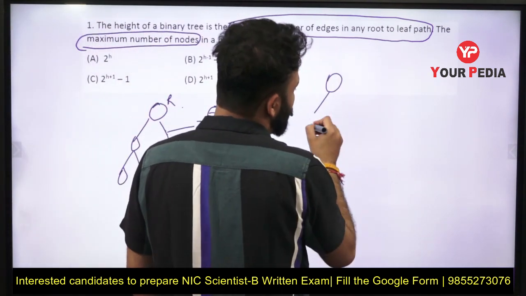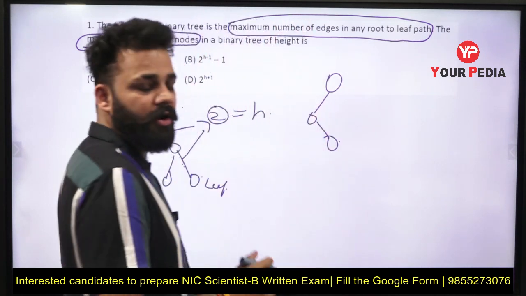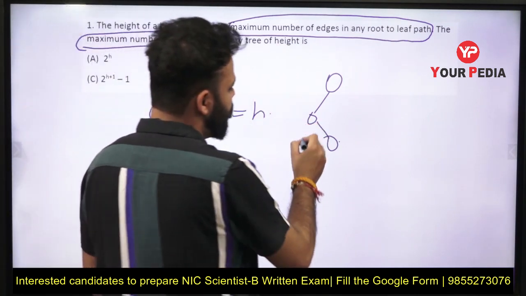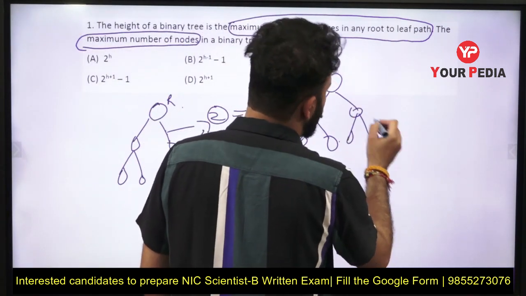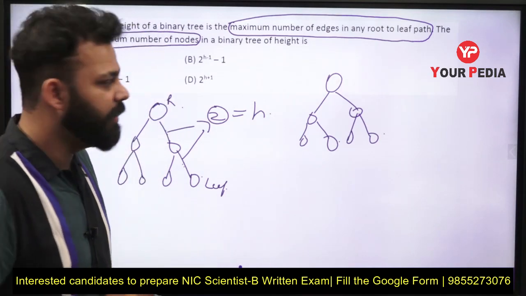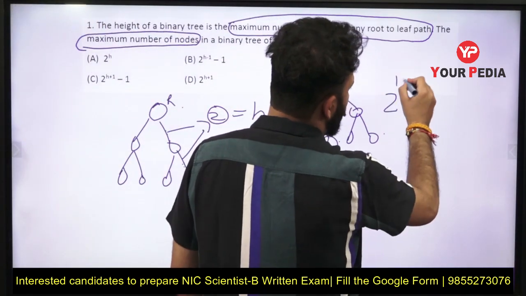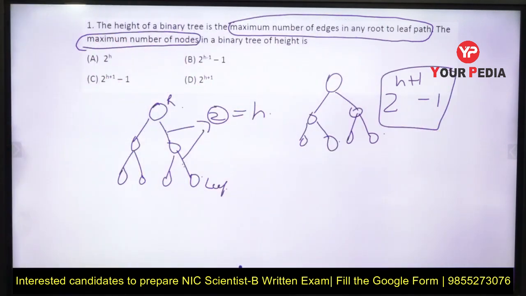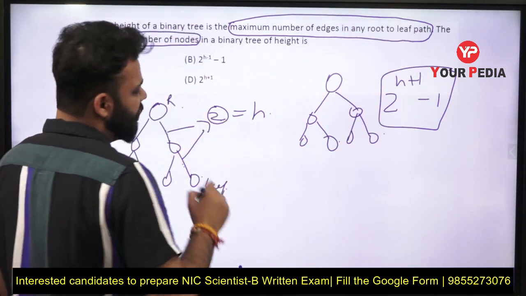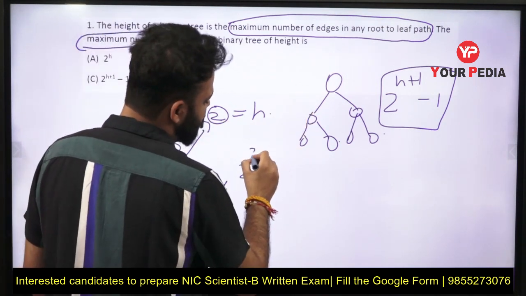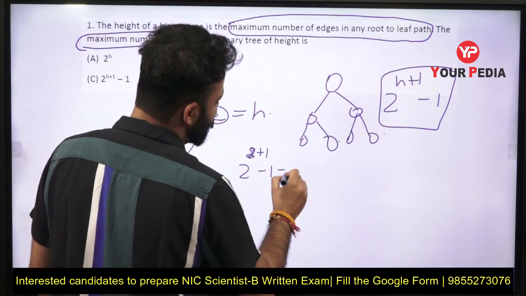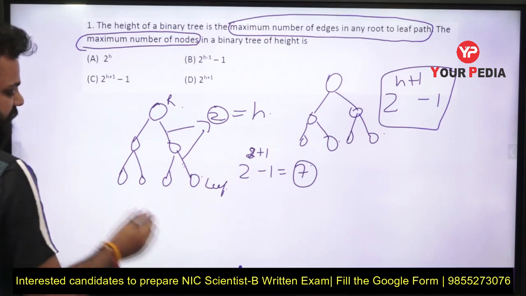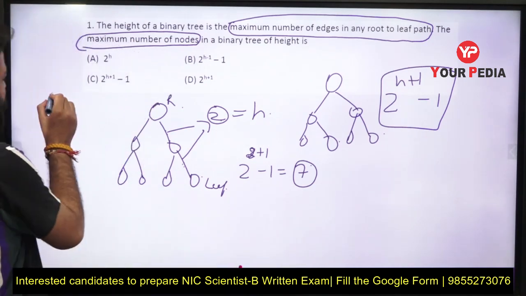So you cannot consider this binary tree in this case, because in this the height is 2, but these are not the maximum number of nodes. The maximum number of nodes is for this, when this will be a complete binary tree. So we have a direct formula for this one, 2 raised to power h plus 1 minus 1. So when you have height equal to 2, 2 raised to power h plus 1 will be 2 raised to power 2 plus 1 minus 1, which is equal to 2 raised to power 3 minus 1, which is equal to 7. If you have this as your binary tree, let's say that this is your complete binary tree.